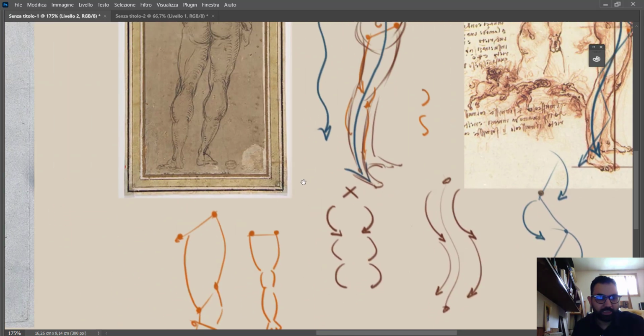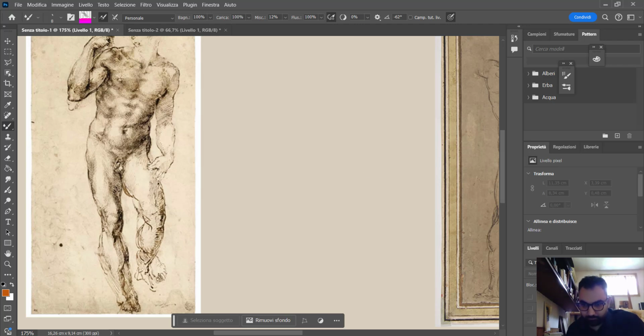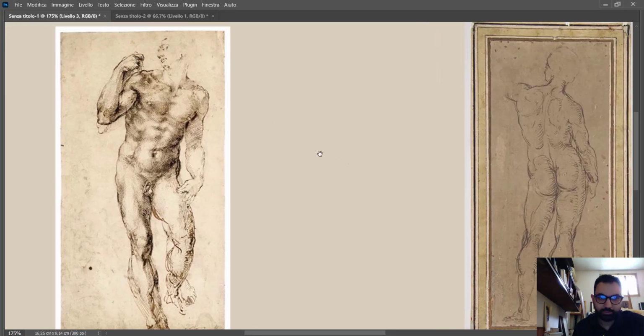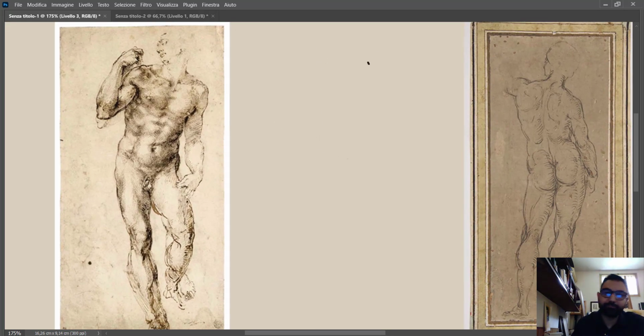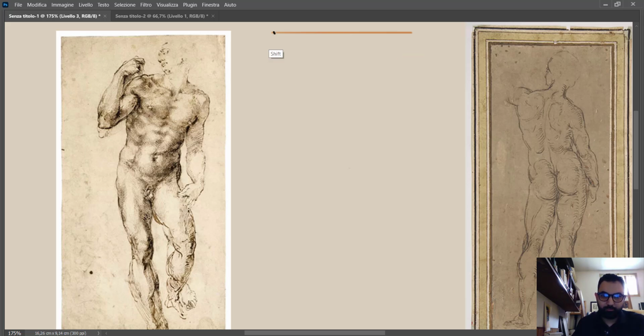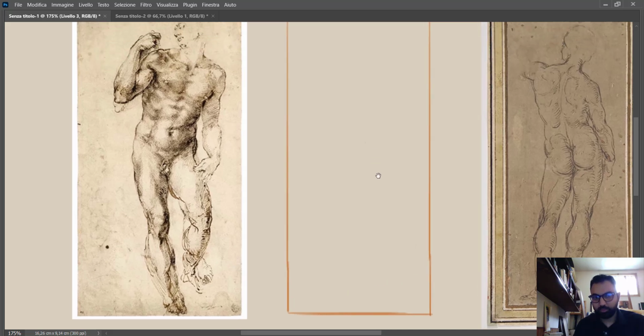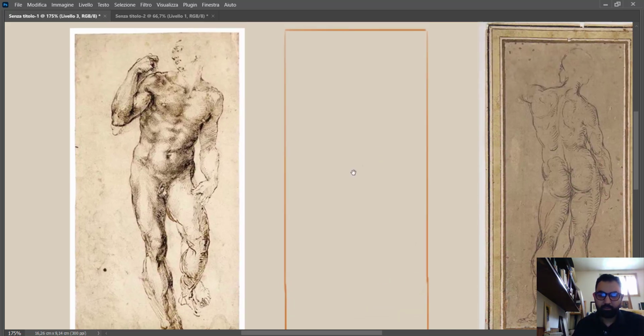Now we can start studying a bit this drawing of Michelangelo, which he did as a study for David, the statue of David. Okay, here again, I suggest another approach, another way to see that. First of all,